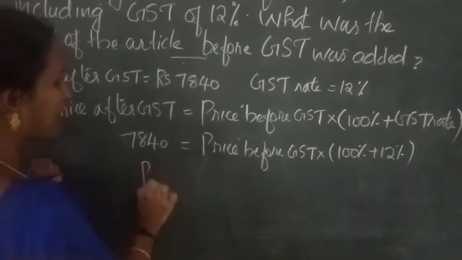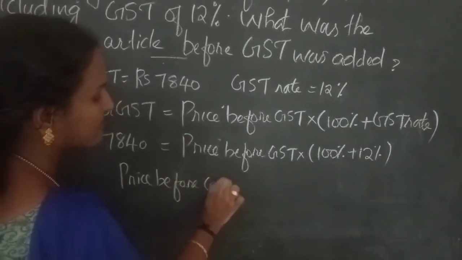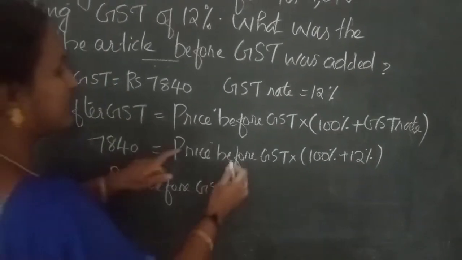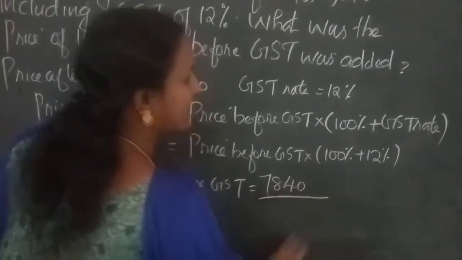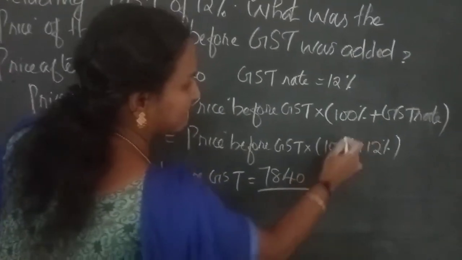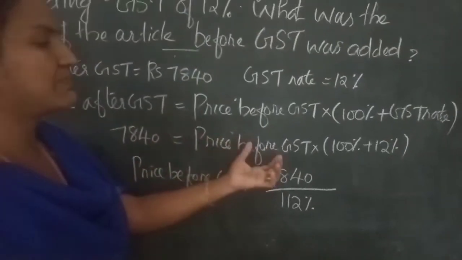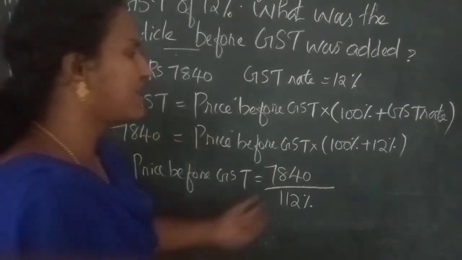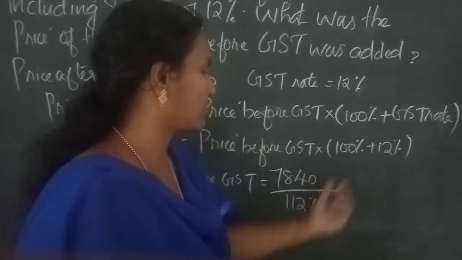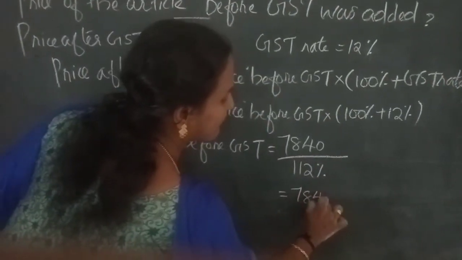So price before GST is equal to 7,840 divided by this one. So 100% plus 12%, 112%. Price before GST is equal to 7,840 divided by this one. That means 100 plus 12, 112. Okay. So it is equal to 7,840 divided by